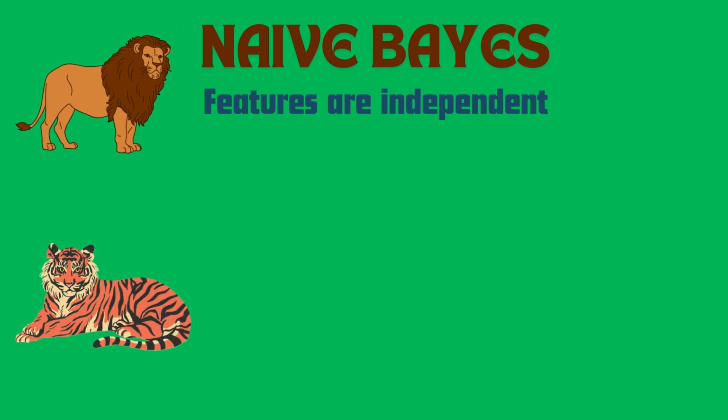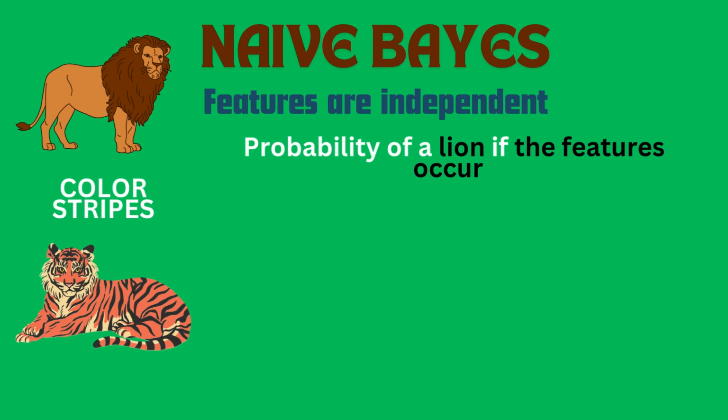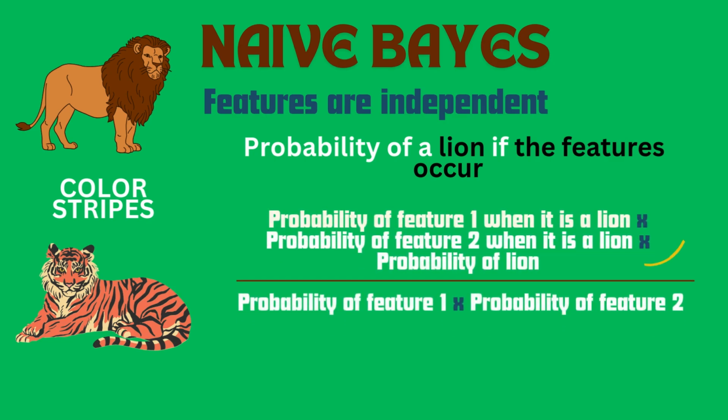Suppose now I have two classes, lion and tiger, and I have defined features like colors and stripes. Now, naive Bayes will assume that these features are independent and will calculate the probability that a next input is present in one of the classes according to this formula. Here, numerator values will come from the previous data points which are already given by the users, which have input and output values both, whereas the denominator will come from the current input data whose output we have to predict.